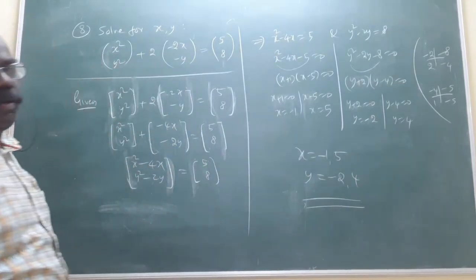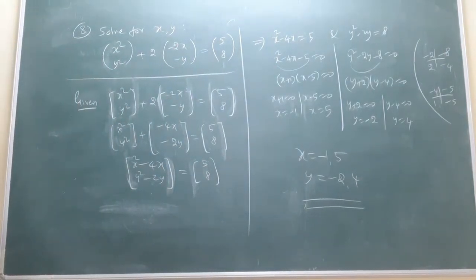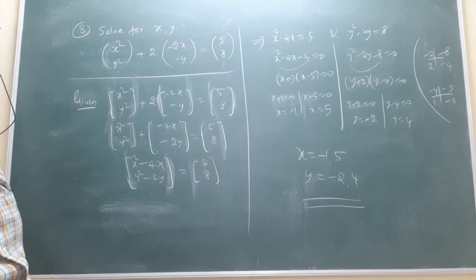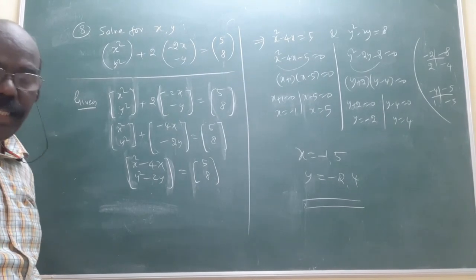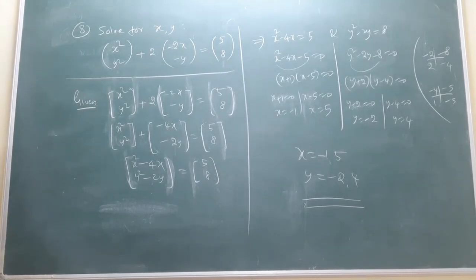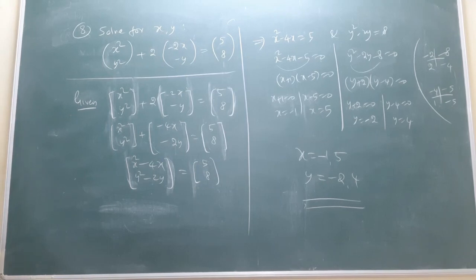This is also an important 5 mark question. In this exercise, question number 3 is an important 5 mark question. 8th is also a very important 5 mark question. And 6th is also a 5 mark question. Remaining are only 2 mark, only addition, subtraction, multiplication. Important ideas. Today, that's all.